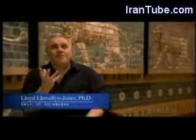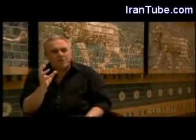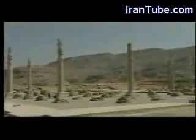What's remarkable of the Persepolis columns is when you look up the entire shaft, and these things rise hundreds of feet into the air, there is not one piece of displacement whatsoever. It's a perfect vertical. They're working with what we might consider to be primitive tools, just stone mallets and bronze chisels, that's all. The fluting on the columns of Persepolis is so precise, however, that these are clearly the work